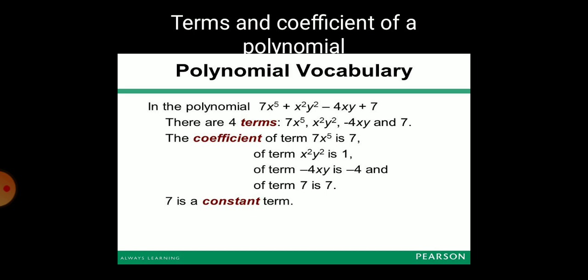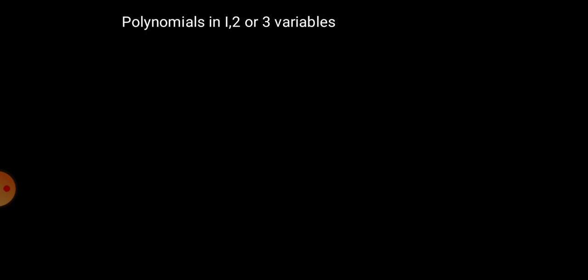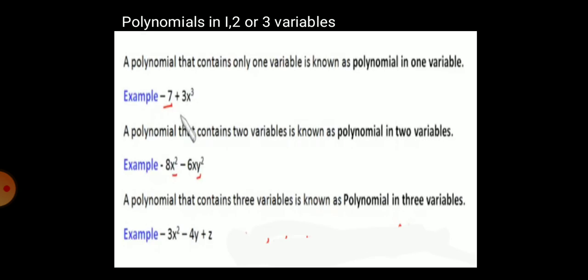Now it should be very clear to you, children, what the terms and the coefficients are. Coefficient is for every term. Terms are the parts here. Now let us see what polynomials in one variable, two variables and three variables are. Suppose we say x square plus 2x plus 5, x square plus 7x plus 6. Here, when only one variable is taken, we call it a polynomial in one variable, and that polynomial is